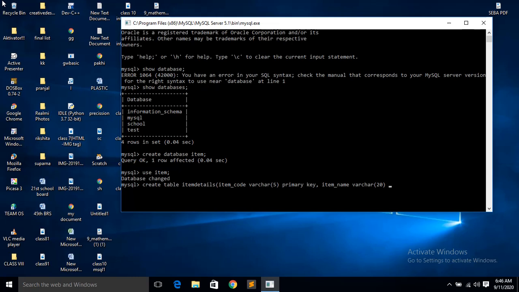So for item name, whenever you enter the details of the item, the item name is compulsory. Otherwise, what is the use of entering the data? Only with the item code, the details will not be complete. Item name is necessary, so item name should be not null. Like that you will judge and decide which one will be null and which one will be not null. So not null. All the information about the item name is finished, comma, then price. Let us give price.